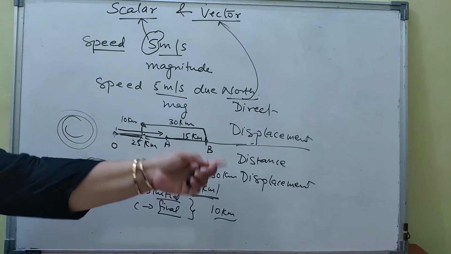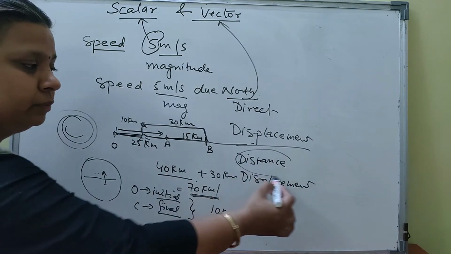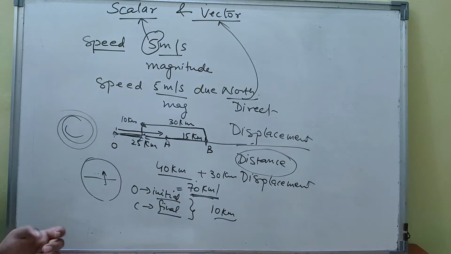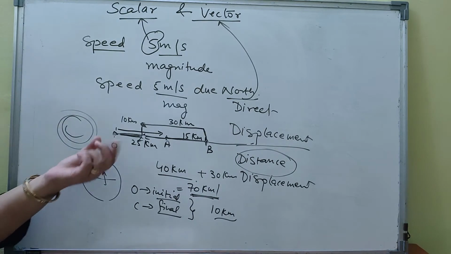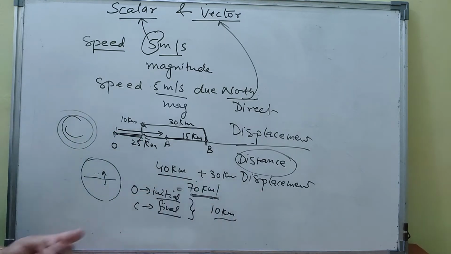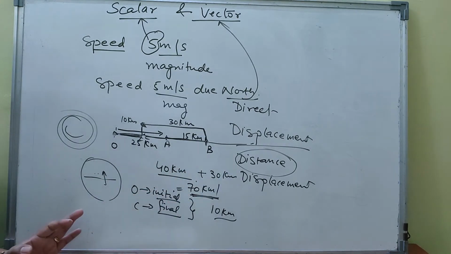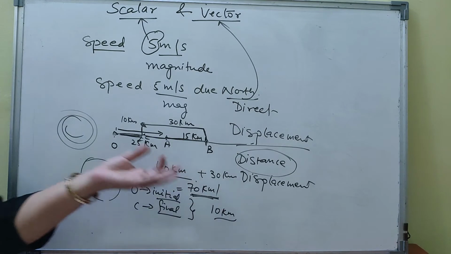Distance is the actual distance that you have calculated, that you can see by your odometer. And the displacement is the minimum distance between the initial point and the final point. That is known as the displacement. Okay. So, distance is a scalar quantity and displacement is a vector quantity because displacement depends on what is your